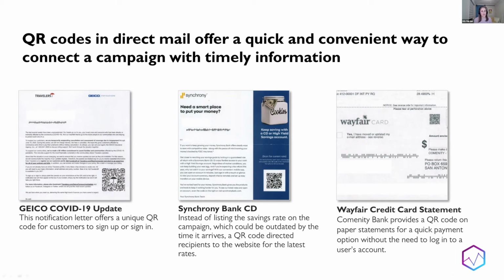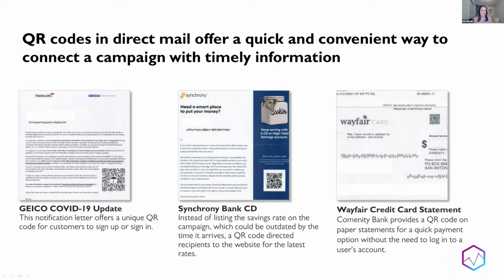And we've seen some really unique uses of QR codes, and it kind of runs the spectrum. So on the left here, this is kind of a standard insurance campaign that we picked up from Travelers and Geico, actually. But it really was just a notification letter, and it offered their own QR code where a customer could use this to either log in or sign up. I think it was fine. It's a great use to connect someone to their account. There's definitely friction if you don't have an account established. It's kind of annoying to set a new one up. I like that they use their little umbrella in the logo. Okay, you can get kind of creative with that.